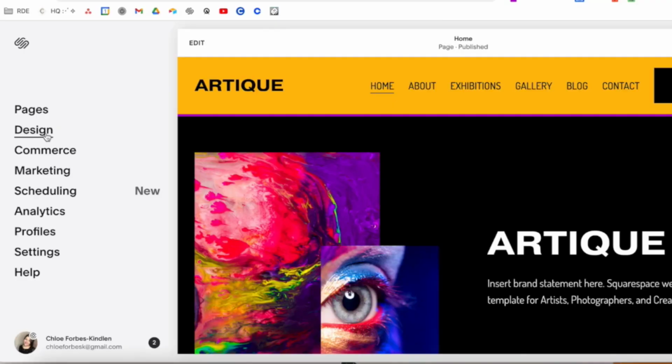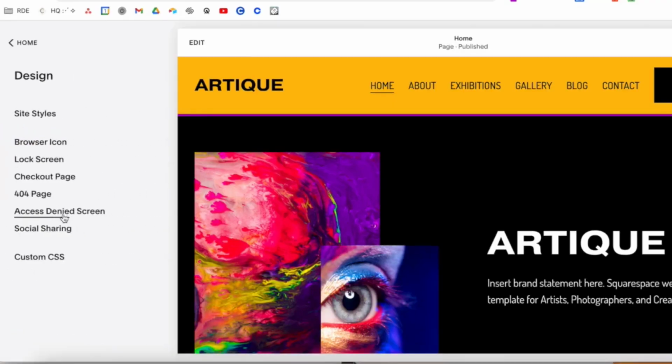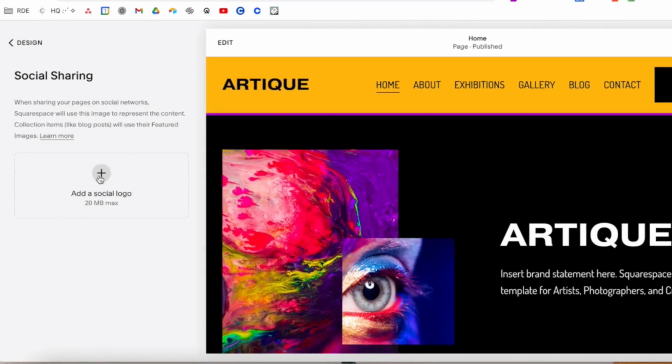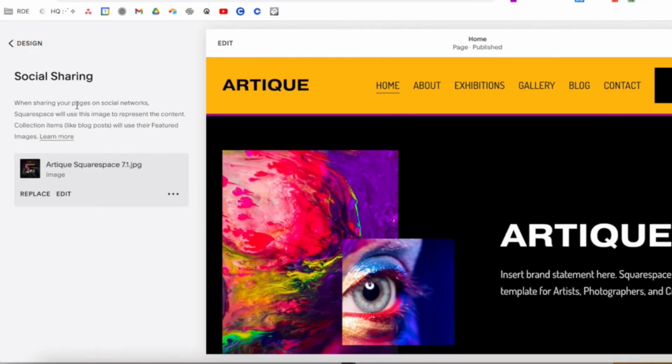To update your site's social sharing image, go to Design, Social Sharing, click this big plus icon, hit Upload File, choose your file and wait for it to upload, then hit Done and Save. Easy peasy. Now this is the image that's going to display whenever you share a page link out on social